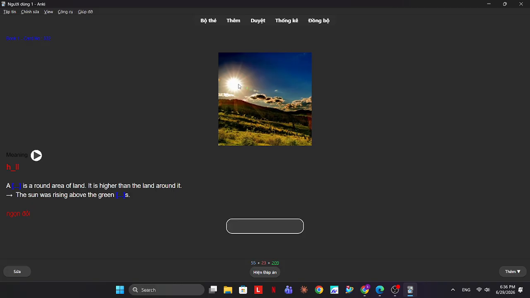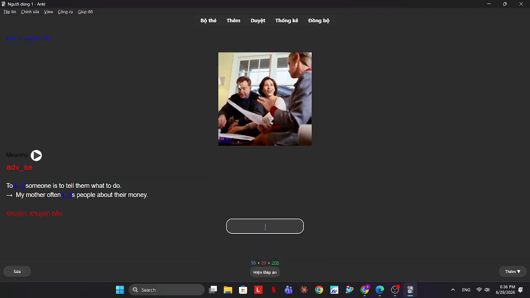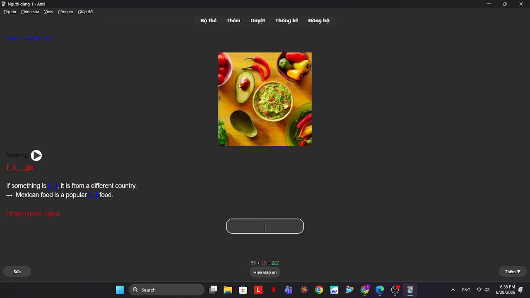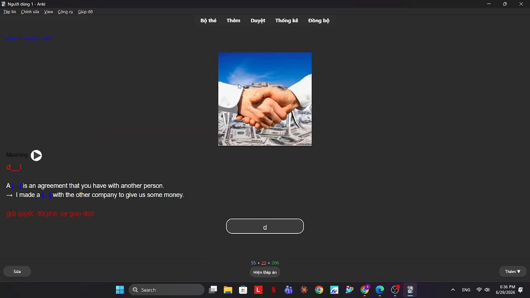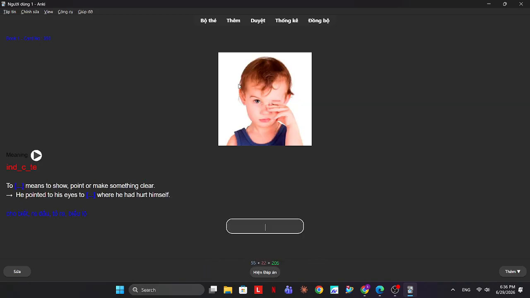Actually means in fact or really. Actually. A hill is a round area of land. To advise someone is to tell them what to do. If something is foreign, it is from a different country. Foreign. A deal is an agreement that you have with another person. To indicate means to show, point.